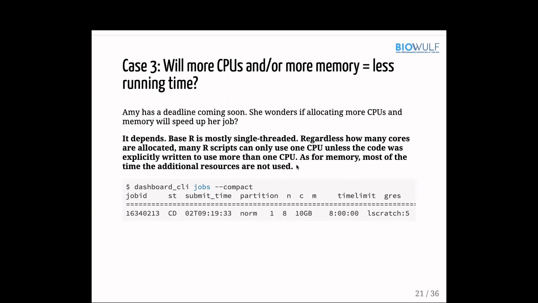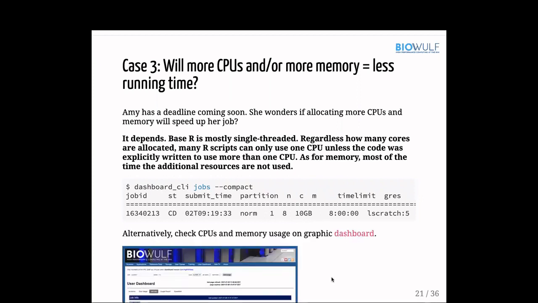And for memory, if you allocate more than you need, it will not really speed up your program. In this case, 8 CPUs were allocated and 10 gigabytes of memory were allocated. However, only one CPU got used.